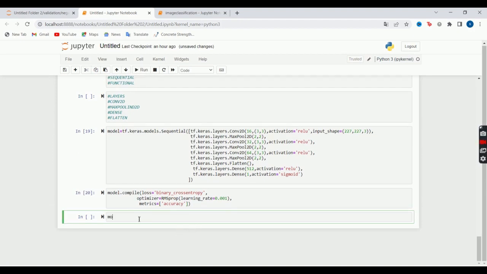So now model_fit equal to model dot fit, with the train dataset, steps per epoch equal to 2, for 20 number of epochs